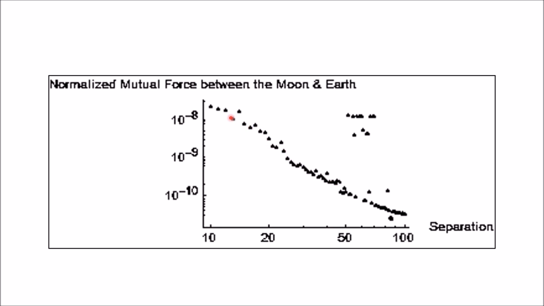So this is where we are now. I extrapolated backwards to see what the mutual force may have been in the distant past, and you actually can't get back this far because the Roche limit would cause the Moon to break up. It couldn't remain as a solid object if you got in closer than the Roche limit, which is somewhere right around in here. So this represents the various interactions between the Earth and the Moon as the early Moon slowly spiraled away from the Earth, as it is doing now, until it's out at this particular point. This represents the current location of the Moon relative to the Earth.